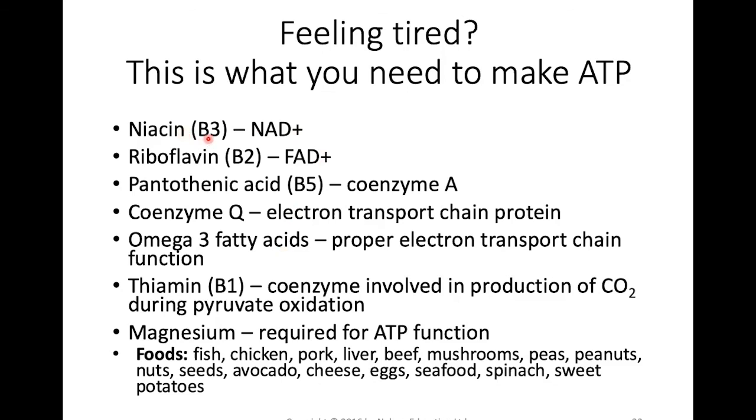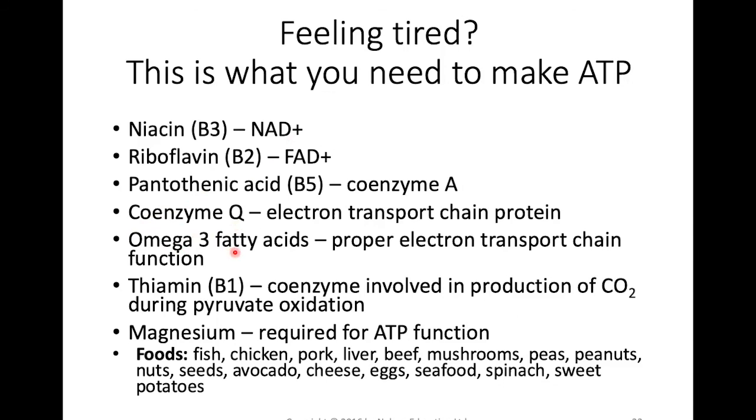So for example, here, if you just take a look, a number of the B vitamins are responsible for producing different intermediates as well as the electron carriers that are so key and responsible for carrying electrons from the Krebs cycle to the electron transport chain. As well, coenzyme Q, also known as coenzyme Q10, CoQ10, you may have heard of that. So that is your ubiquinone. And as well, your omega-3 fatty acids, because remember, all of the electron transport chain is taking place within the